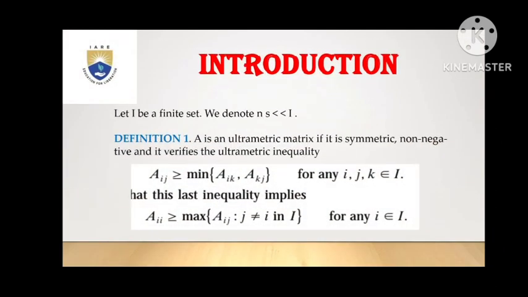Introduction. Let I be a finite set. We denote n as the cardinality of I. Definition. A is an ultrametric matrix if it is symmetric, non-negative, and it verifies the ultrametric inequality: Aij is greater than or equal to the minimum of Aik, Akj for any i, j, k belonging to I. This last inequality implies Aii